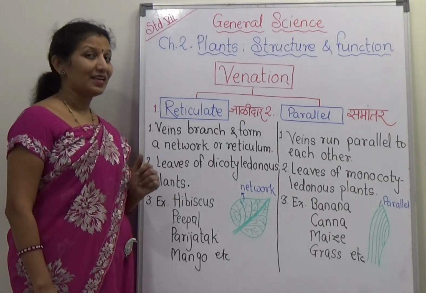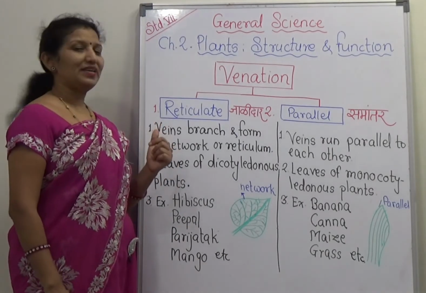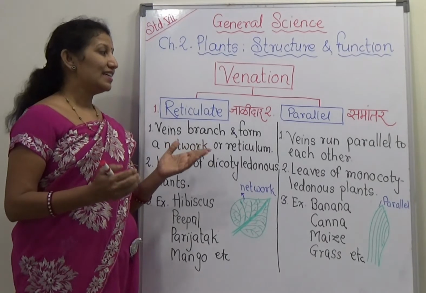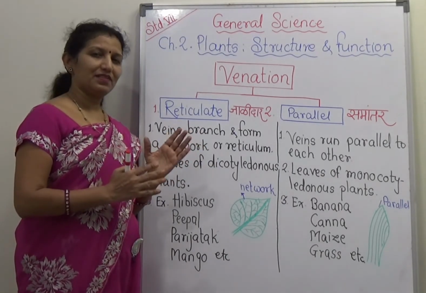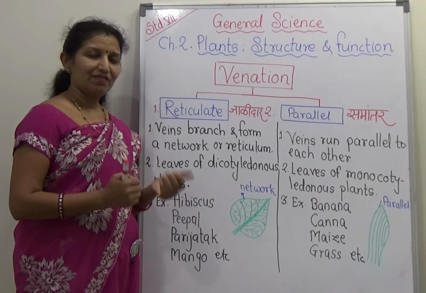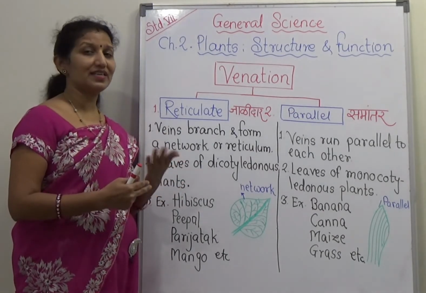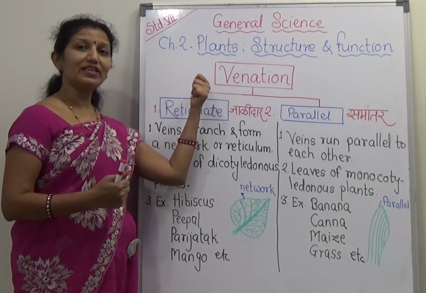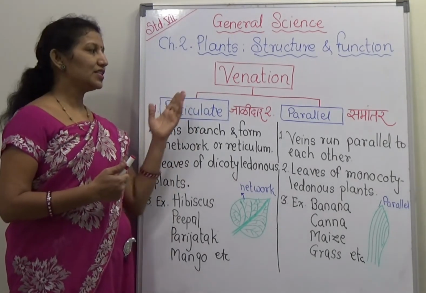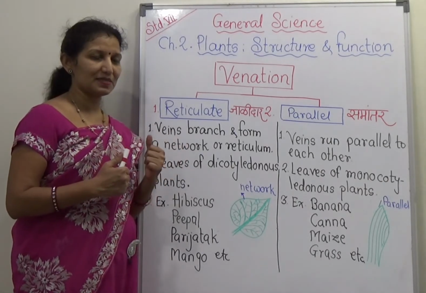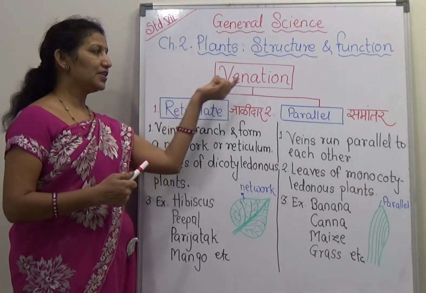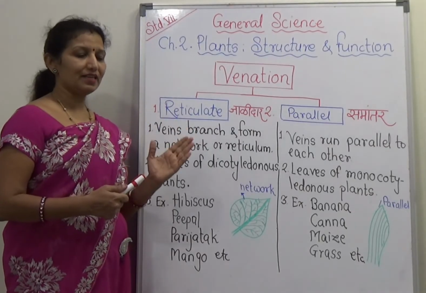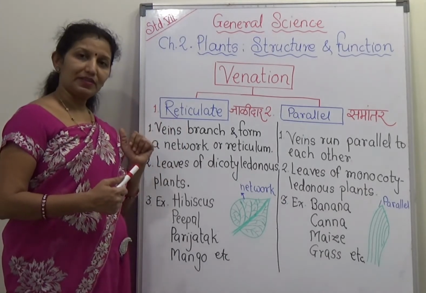Children, come back to leaf now. Today we are having a wonderful tour of Plant Kingdom, and in that we are with leaf for so much time. We have studied so many peculiar things about leaf, and now we are going to study what is venation. Venation in Marathi is called Shiranyas. The name indicates the arrangement of veins on the leaf is called venation.